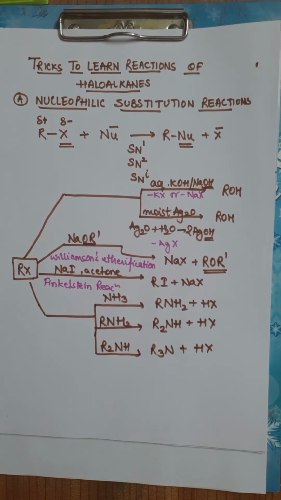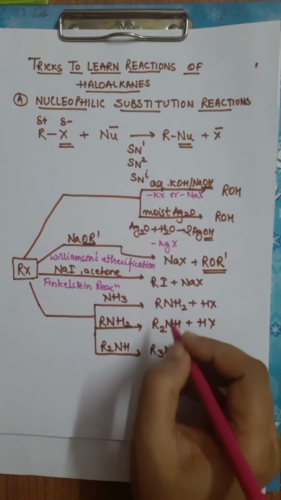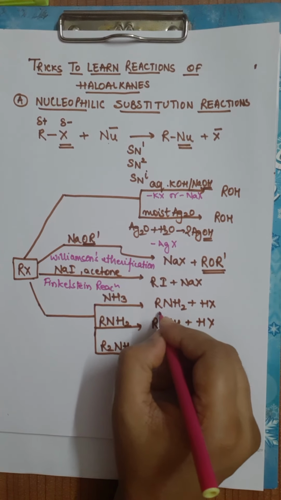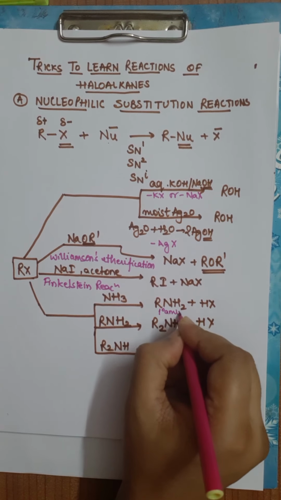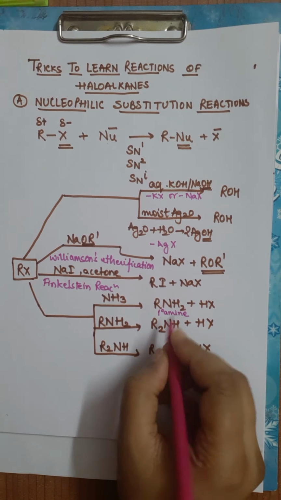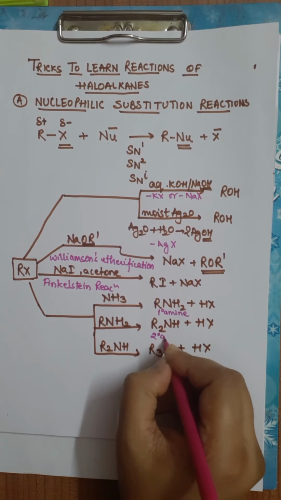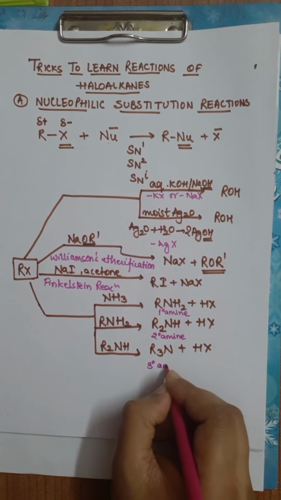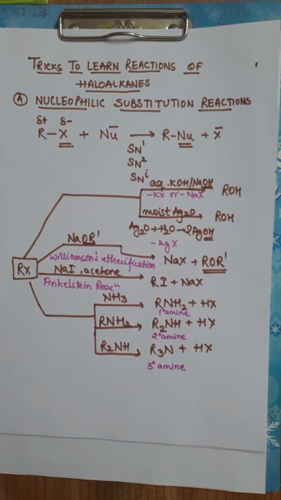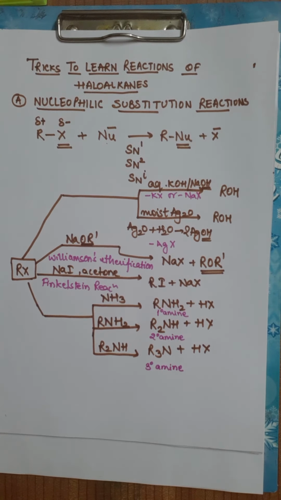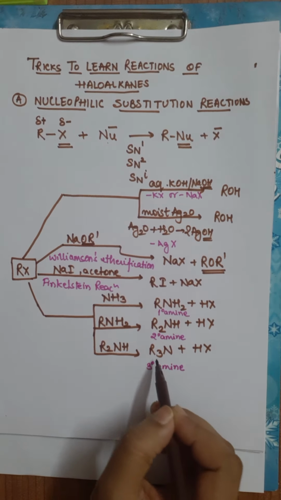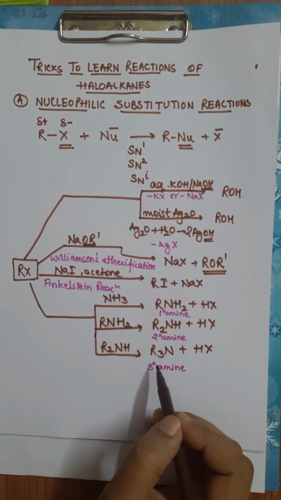Further also the reaction is possible to get a quaternary salt, but since we are doing the nucleophilic substitution, here the compound formed in the first case is a primary amine. When primary amine reacts with RX, you get a secondary amine, and when the secondary amine reacts with RX, you get a tertiary amine. Okay. The nomenclature method of amines is a bit different. Here primary amine means only one alkyl group is present, secondary means two alkyl groups are there, and tertiary means three alkyl groups are there.